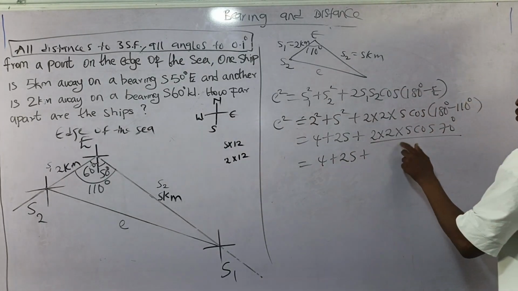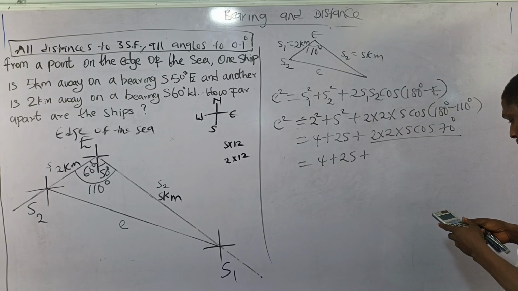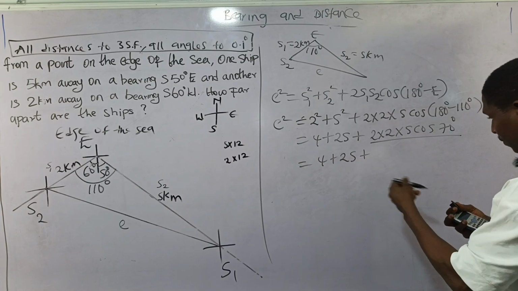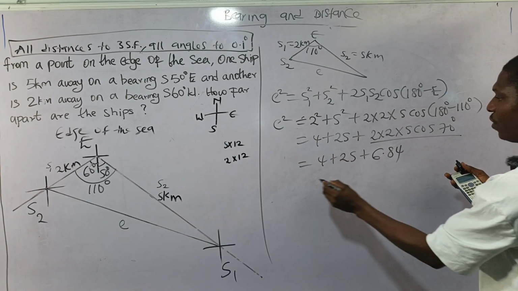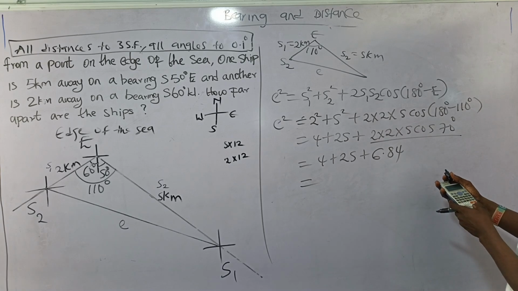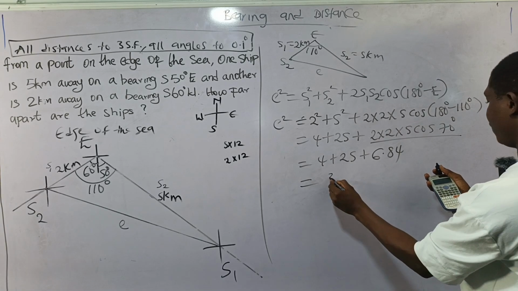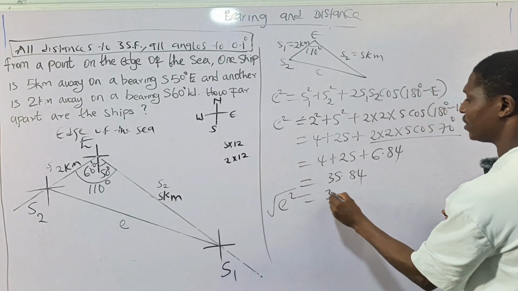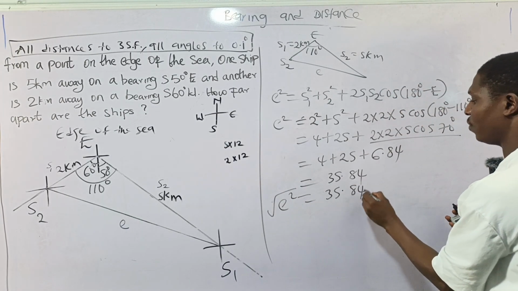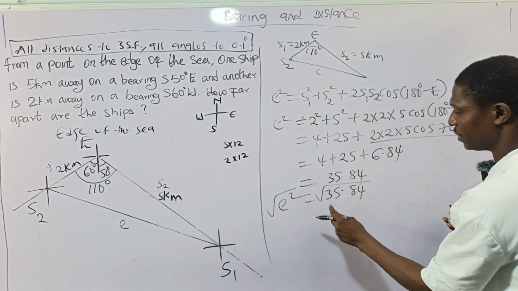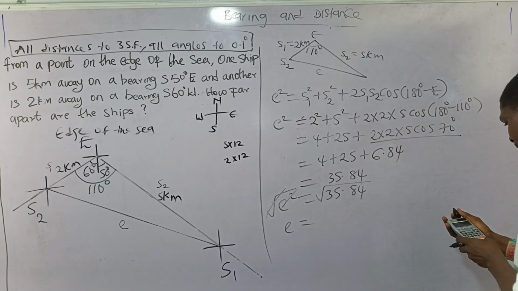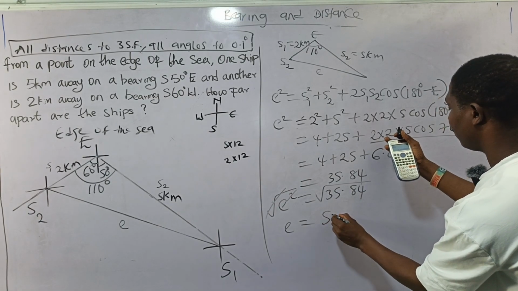So I have 2 times 2, 4, 4 times 5, 20. So I have 20 cos 70, and that will give me 6.84. And if I sum up with this plus 29, will give me 35.84. And small letter e square, I'll take the square from both sides, 35.84. And my value should be greater than 5 but less than 6. So my e will give me the square root of this, which gives me